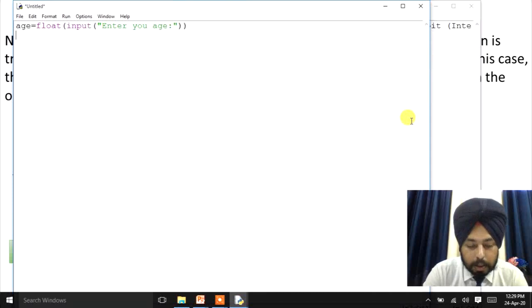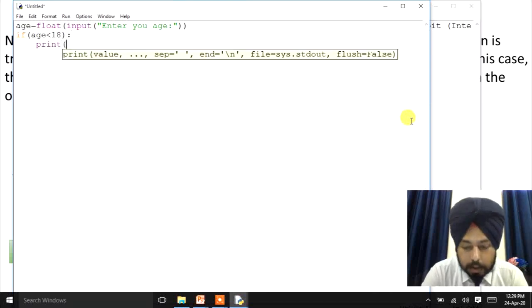Now we'll use here if age is less than 18, then it will print you are under 18, right?